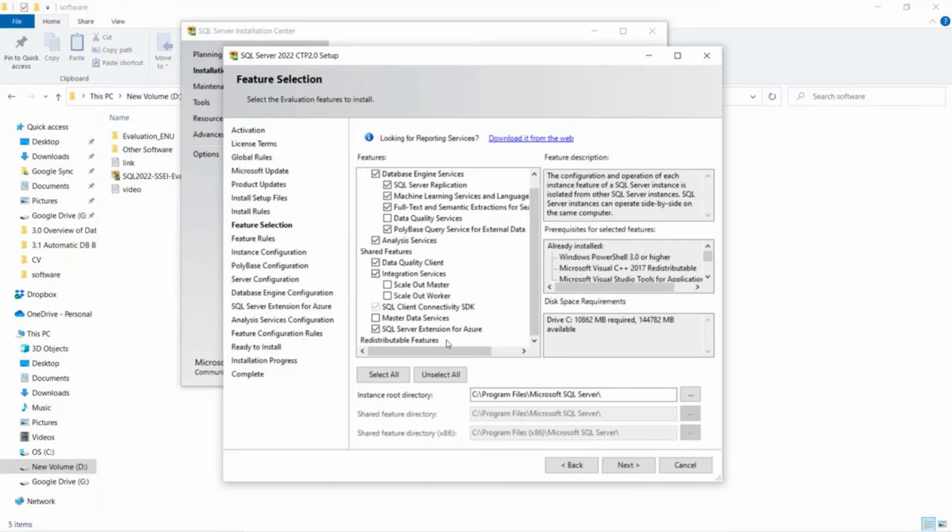This is a new feature introduced in SQL Server 2022 where you can directly connect your on-premises server to an Azure managed instance. So you can create a link between your on-premises server and Azure SQL, and you can replicate your on-premises data to Azure. I'm not going to select this option because it requires an Azure subscription. So if you have an Azure subscription, then you can select this option. I will quickly show you this option. So let me only go with the database engine, and when I click the next button,